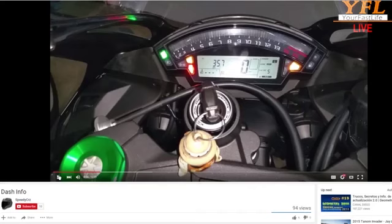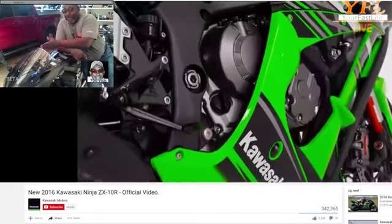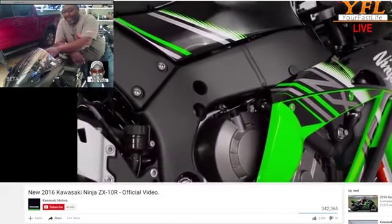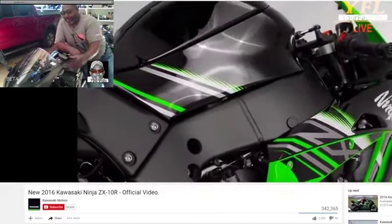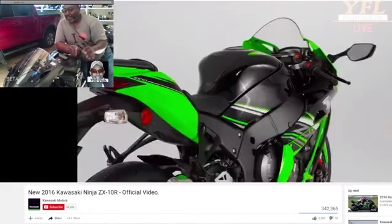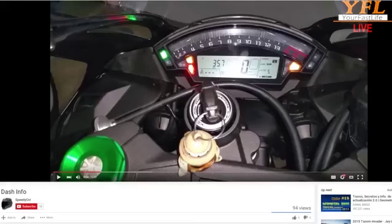For someone who doesn't have experience with the current ZX10 models, is there a big difference between the dash setup and the computer setup versus the older bike? The dash is basically the same as the 2011 all the way up through 2015. It's just when you look at the far right-hand side of your dash, that's when you see all new Kawasaki